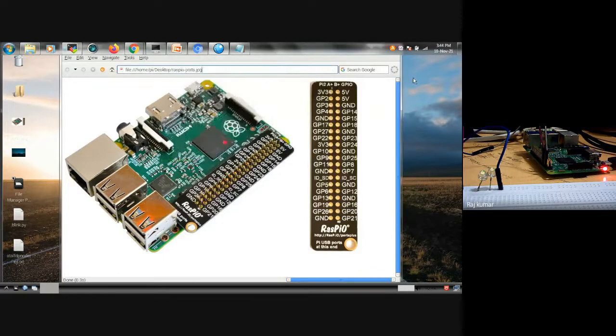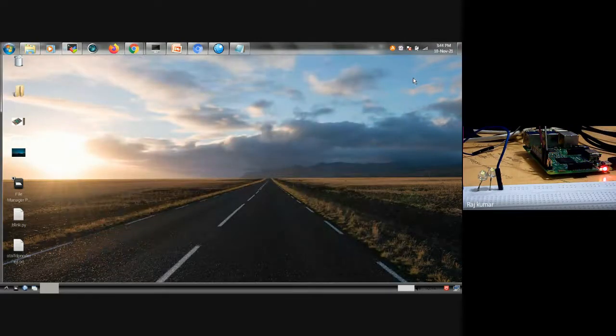Yesterday there was a technical glitch because of which I was unable to show the actual power of cloud computing. Yesterday I demonstrated how to connect Raspberry Pi to a cloud. There are so many cloud providers.